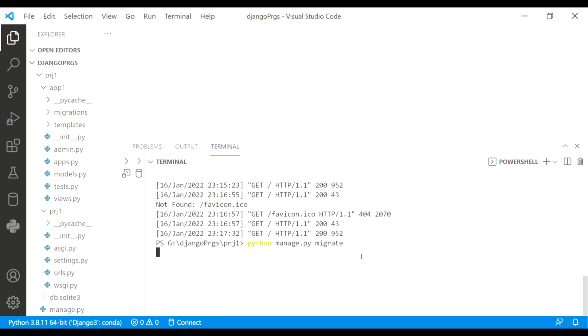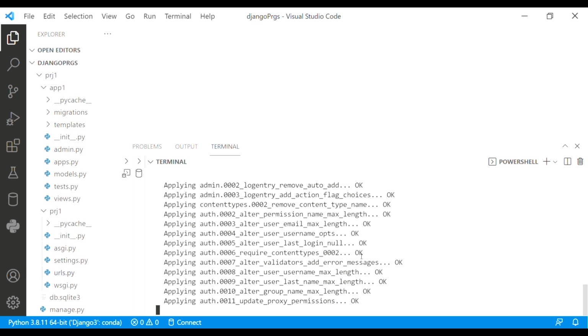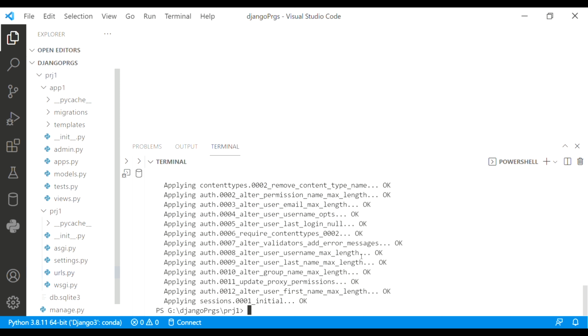And Django is going to display a number of messages while it's migrating. It's going to give us the authorization. So you can see it's applying admin, applying auth, applying sessions. You can see a lot of messages coming up. Once this is done, it comes back to our command prompt, and then we need to write the command for